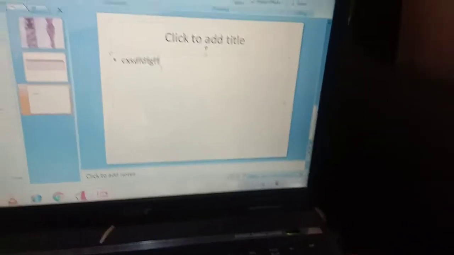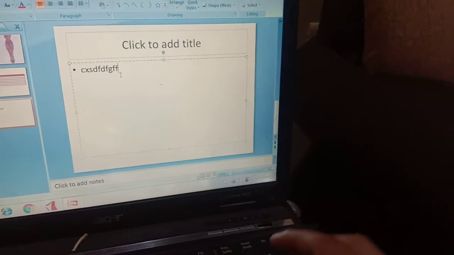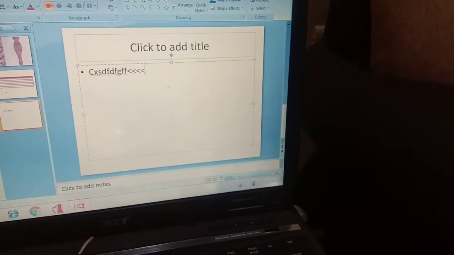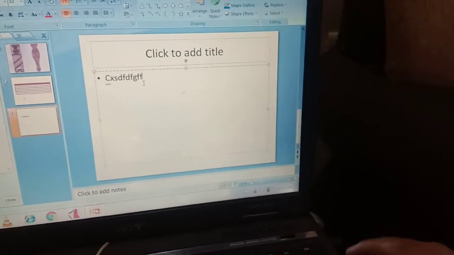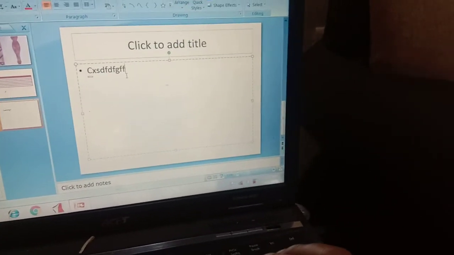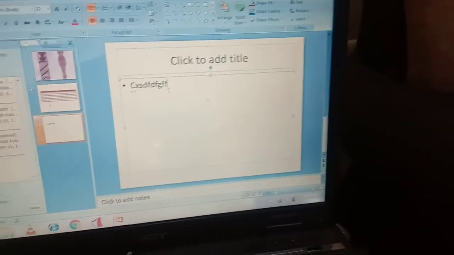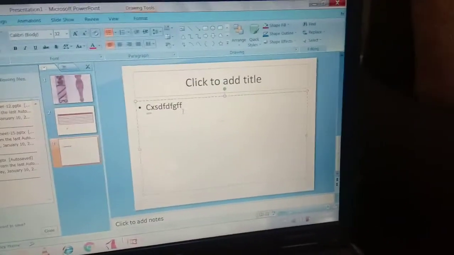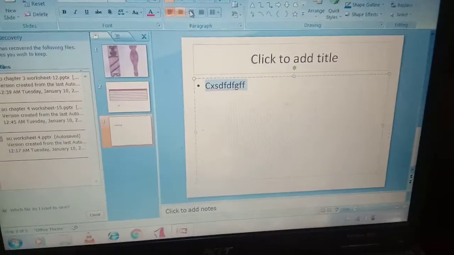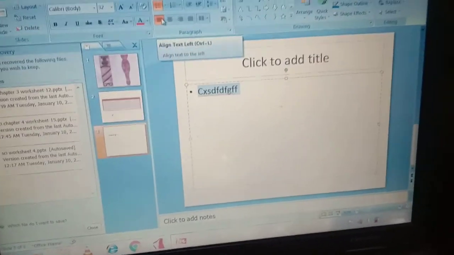For example, I am writing something like this. So where I want to align these, I want to select these first, and now I want to align it to the right side.